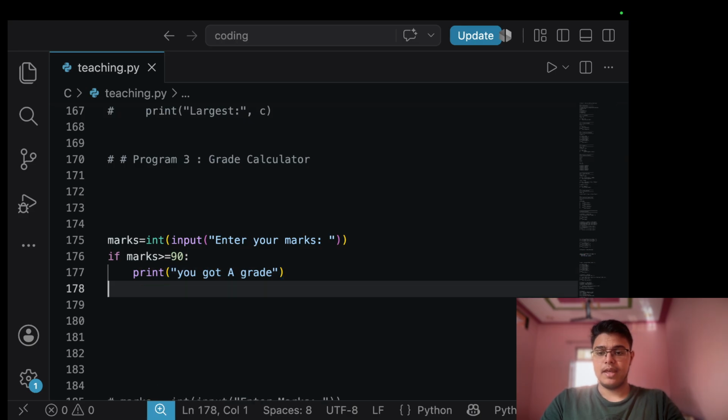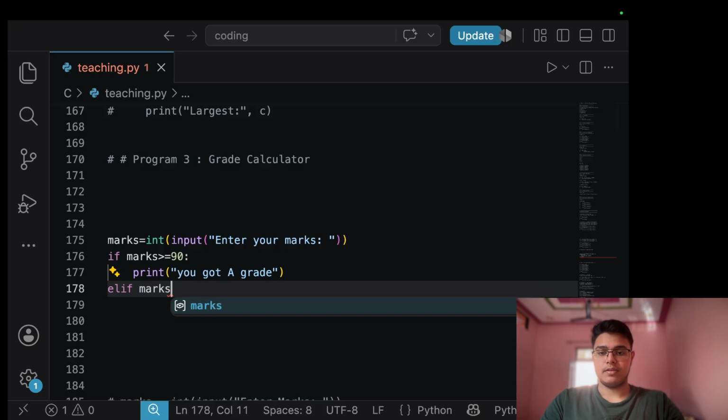Okay, and if marks are greater than 80 or equal,